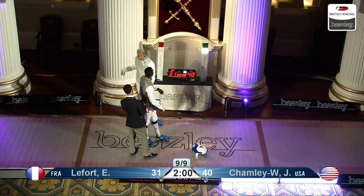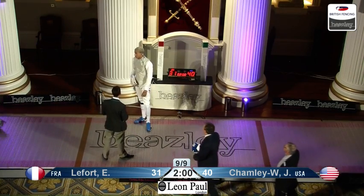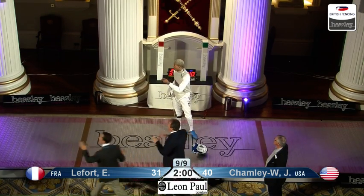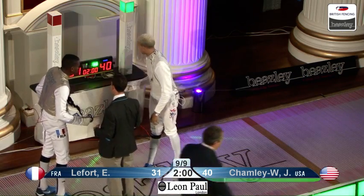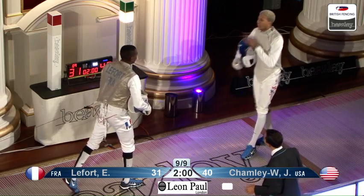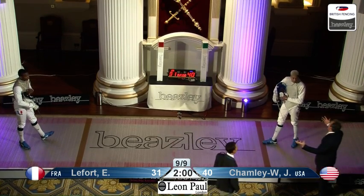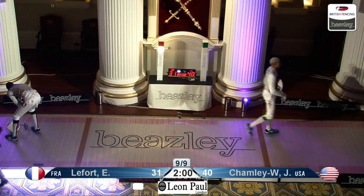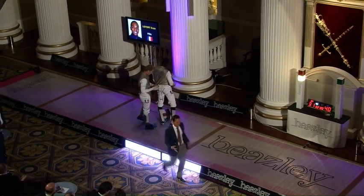We have a technical issue here. The lame jacket, the scoring jacket worn by Lefort, is not bringing up a coloured light as it should. And there we see Nick Payne in the middle there, and the American coach Greg Macialis walking off to the right there. There's still an off-target light coming up. I think Miles Chamley-Watson said, "Oh, that's all fixed now," but I hadn't seen that the off-target light came up on the box, and despite